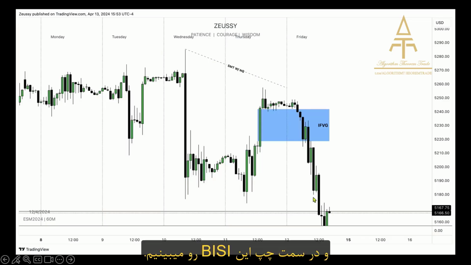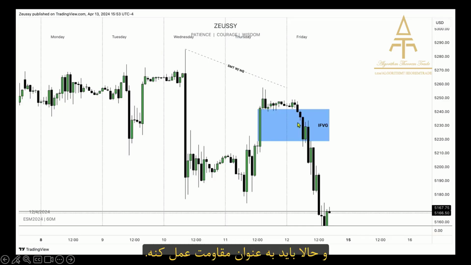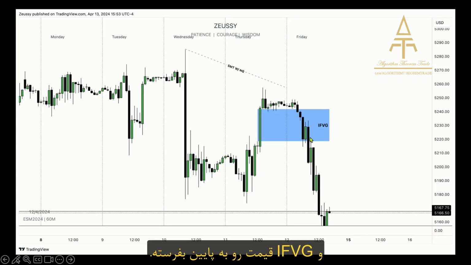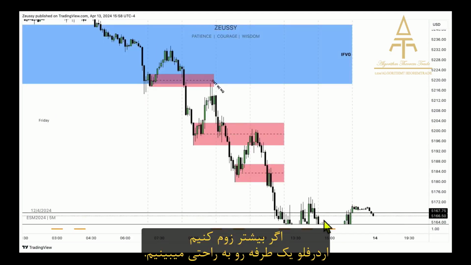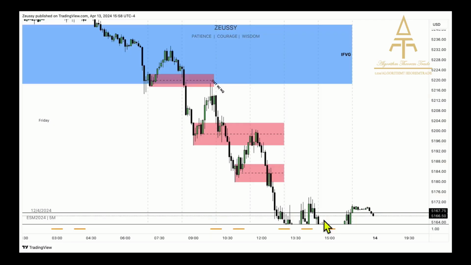And what we can see is the following. We have this BC on the left side of the chart, got displaced below. This BC should now function as resistance on price, as an inversion of value gap to send price lower. Immediate rebalance takes place, of course, here, which confirms that speed and velocity to the downside is on the way. If we zoom in onto the lower time frames, we can see that one-sided institutional order flow was present. Why was this present? You might be wondering, how could we see that?